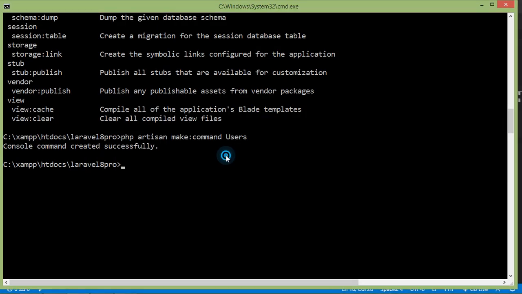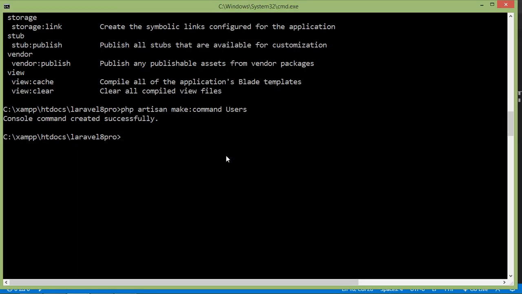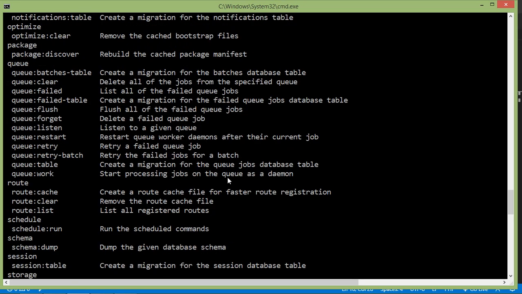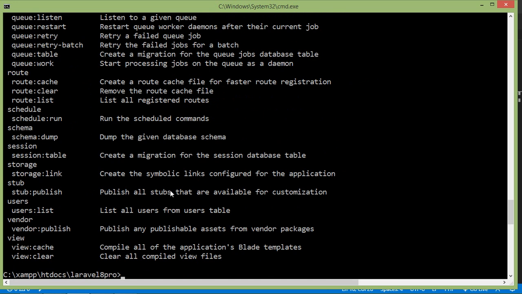Switch to the command prompt and first of all let's check the artisan command list. Type php artisan and press enter, and inside this artisan command list, here you can see the custom command users:list.